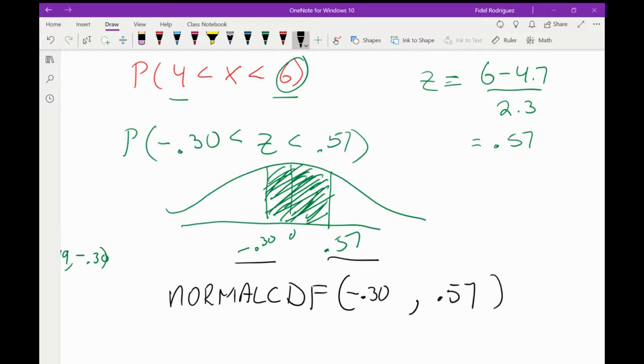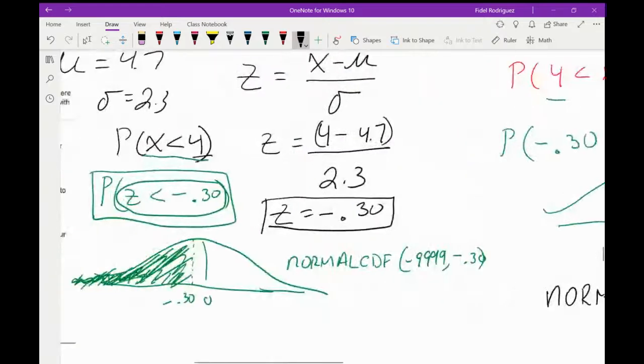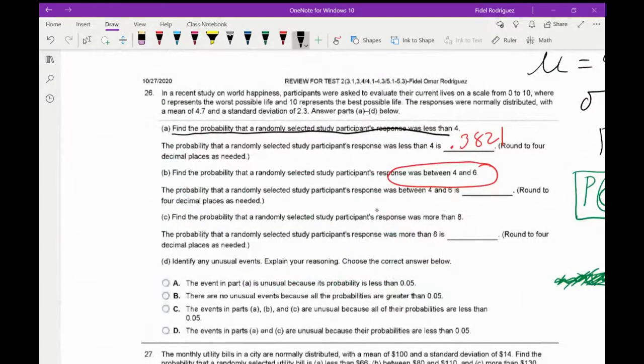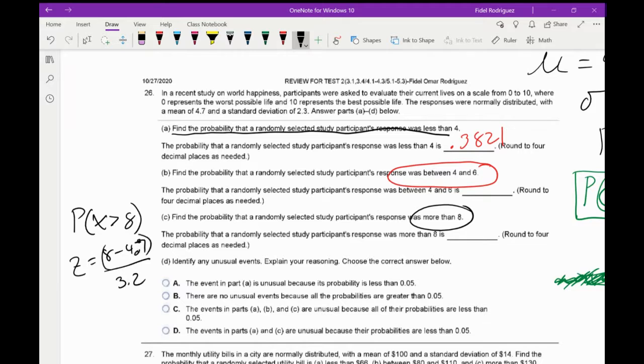And then, guys, for part C, wouldn't we do the same thing, except now look what it's asking me to do. It's asking me to find the probability that x is greater than 8, right? So I'm going to do the same thing. What is 8 minus 4.7 divided by 3.2? So Normal CDF. 0.7 divided by 3.2, and the number that I came up with was z is about 1.03. So when I do this part, the probability that z is greater than 1.03,